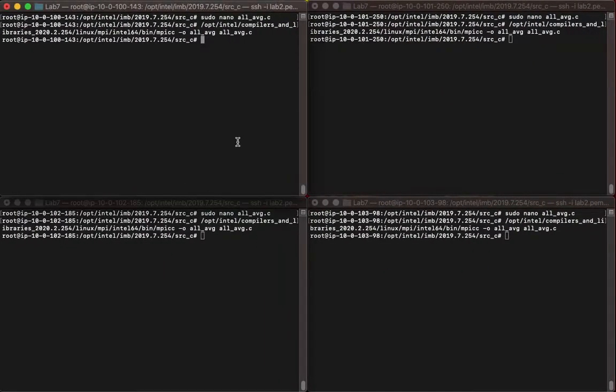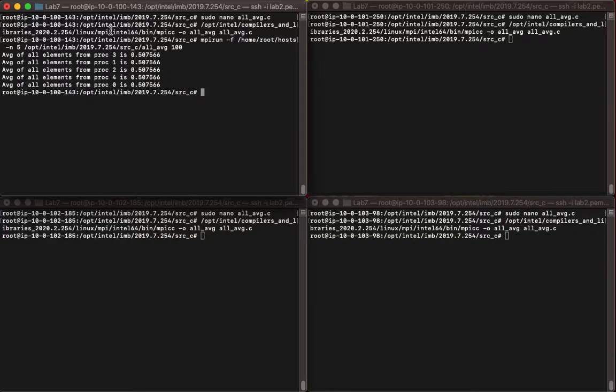So let's try to run the program. I'm now using a different program which uses all gather. I'm naming the file all average. Same purpose, we're just modifying a little bit in how we compute the average of elements. So let's do MPI run. Instead of average, we do all average, and let's keep the rest the same. If we do that,